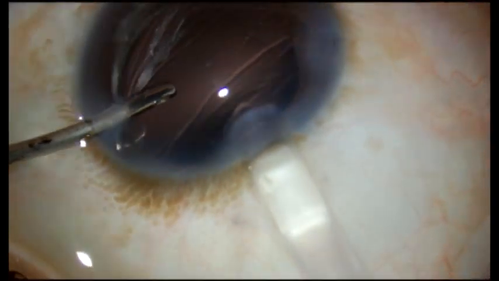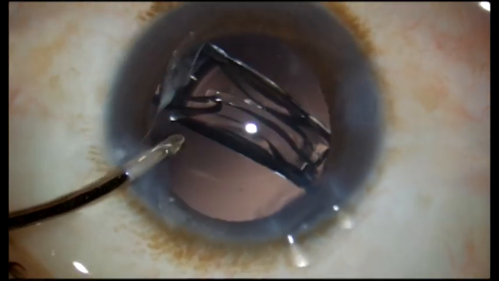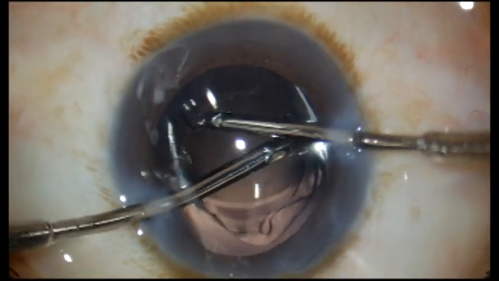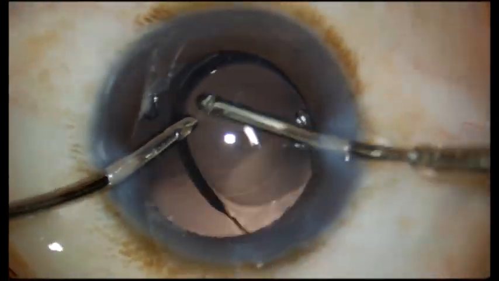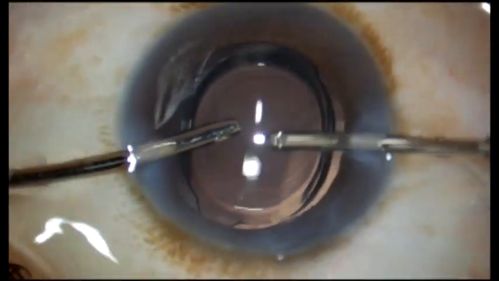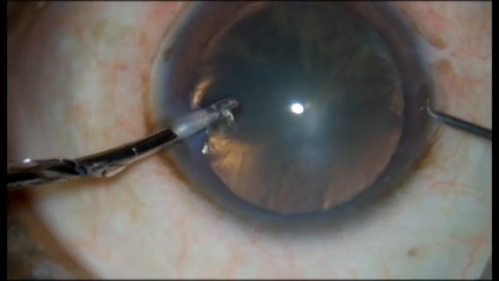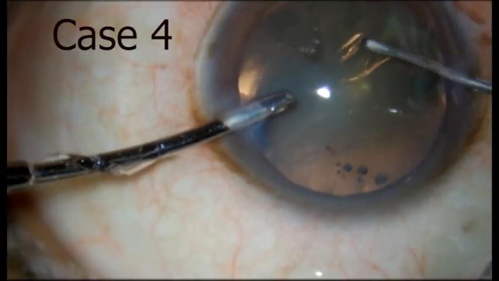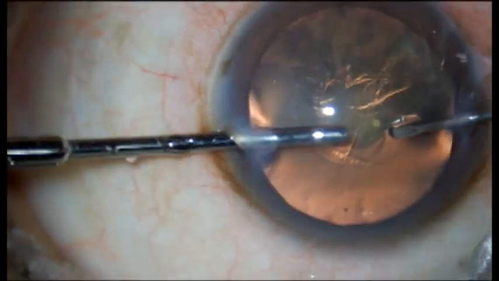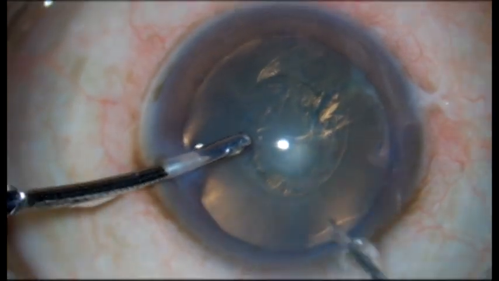Viscoelastic related post-occlusion surge and wound burn can be completely avoided. As viscoelastic is not used, the time for its injection and its removal can be completely avoided, which saves a lot of time. When we use high density viscoelastic, particularly in premium intraocular lenses, removal of this viscoelastic behind the intraocular lens is